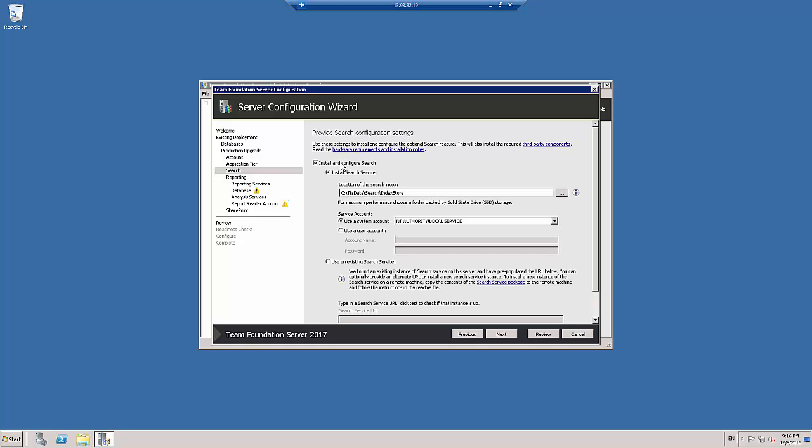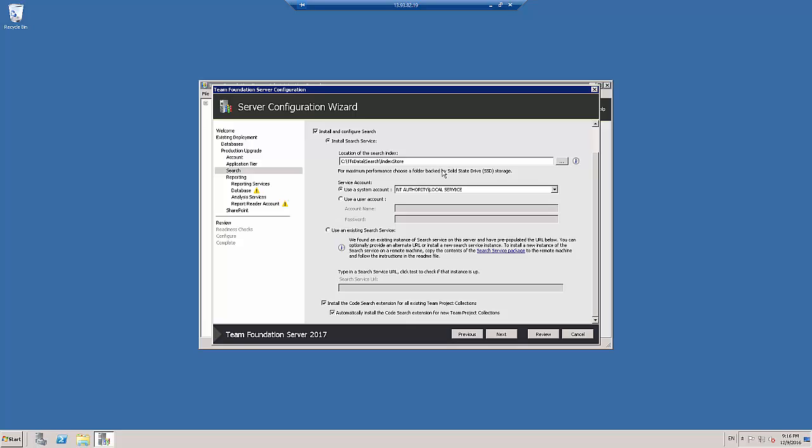server. But anyway, if you want to install it, you just tick a box and give where you want to store the indexing files and index of files. Don't use the system drive again. Use a different drive, otherwise it will impact the performance of the server. Give an account which you will be using. You can also use a separate server and give the URL of the service you already have hosted, which is the ideal way. You also want to tick this box to